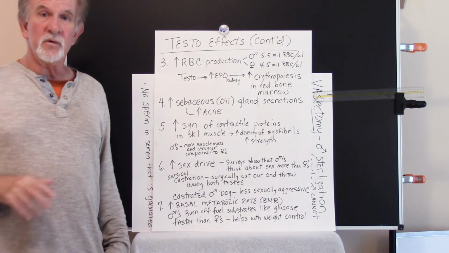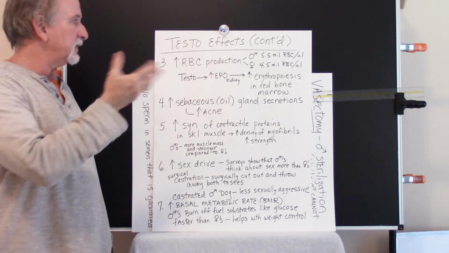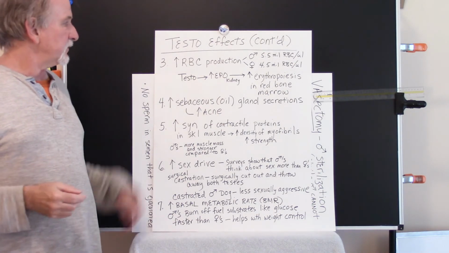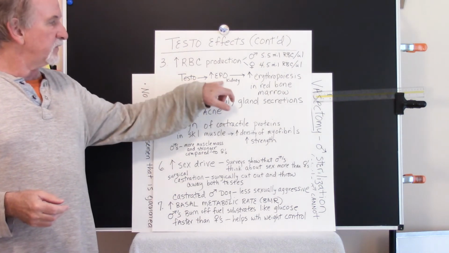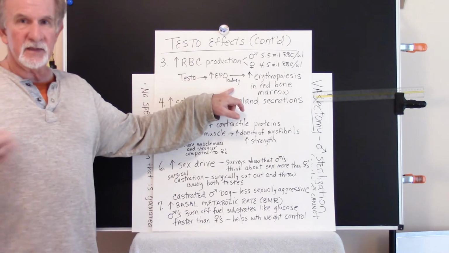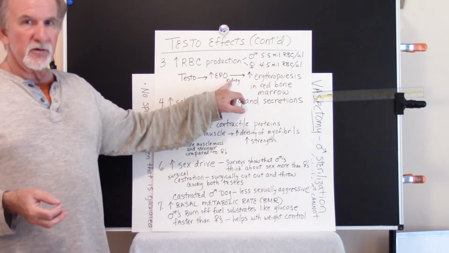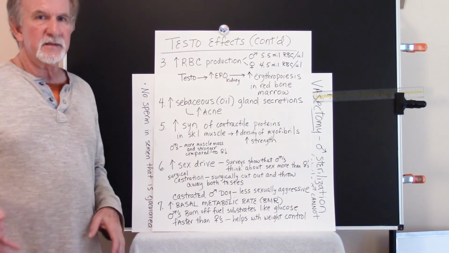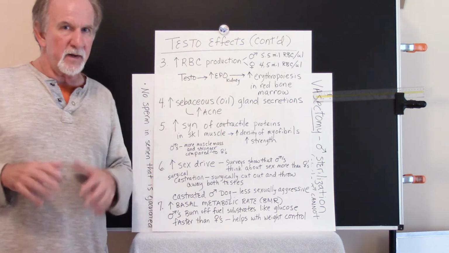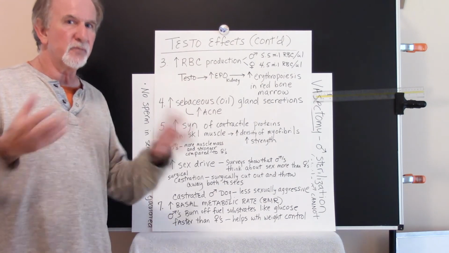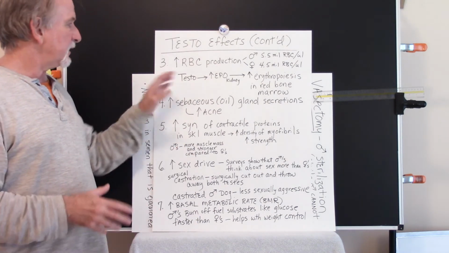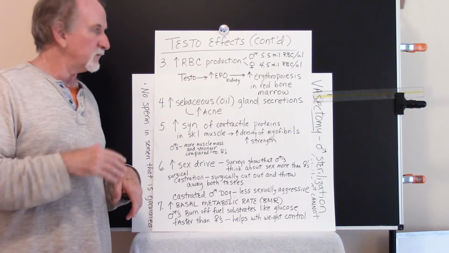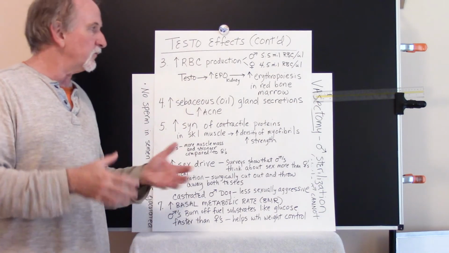So, several more testosterone effects, just to continue. Testosterone will stimulate the release of erythropoietin from kidney cells, and that in turn stimulates erythropoiesis. That's the hematopoietic process that leads to red blood cell production. And because of this effect of testosterone to augment the release of EPO from the kidneys,